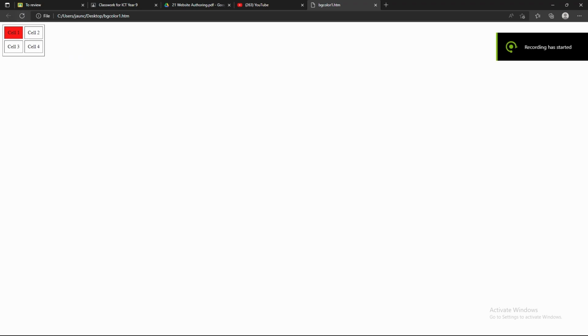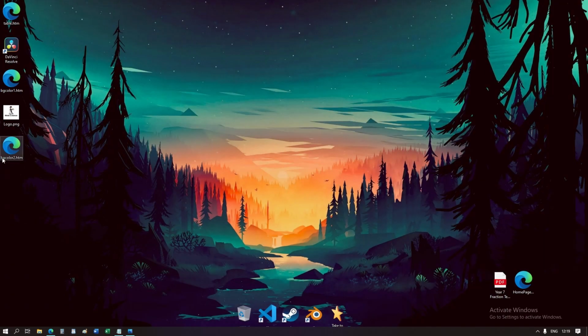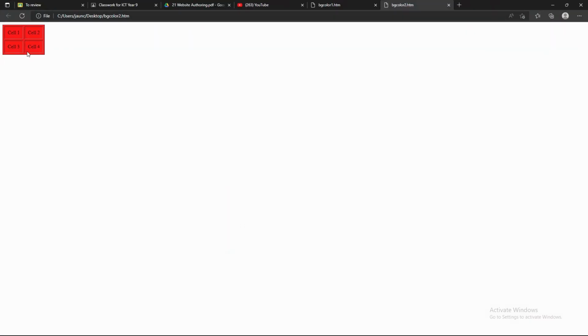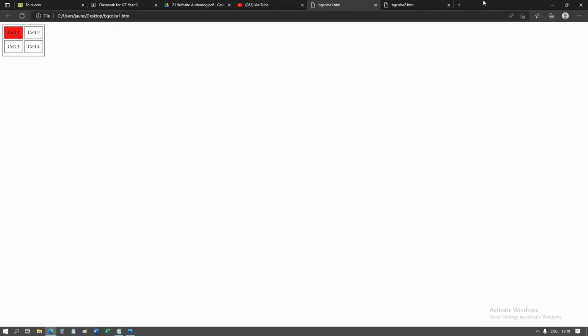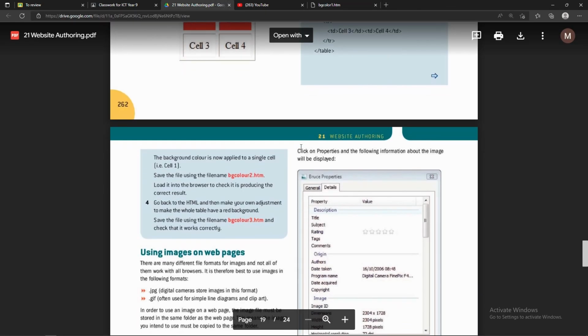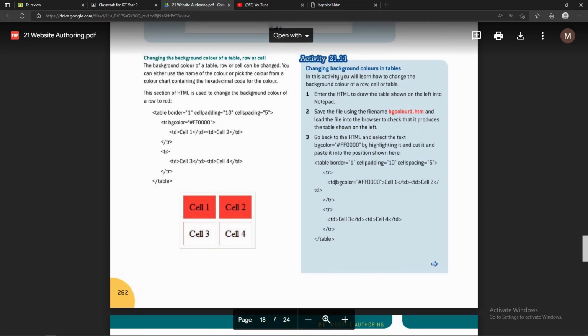Okay, so I realize that I have been trying to open background color 1, and we need to open background color 2, and then you'll see it will color in the whole table. I didn't think there for a while, but yeah, it won't update here because we have table 1 in here, which has a different code than background color 2. So just make sure that you open that one if you want to check if you're correct. And yeah, just make sure that for the codes,